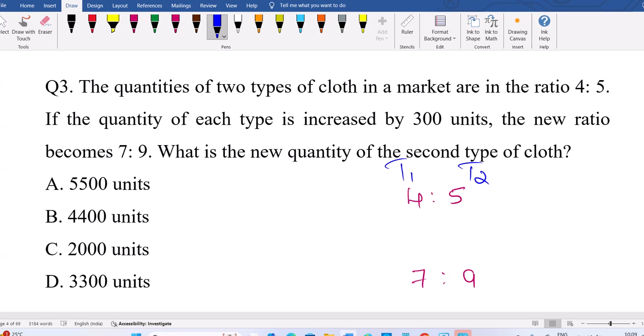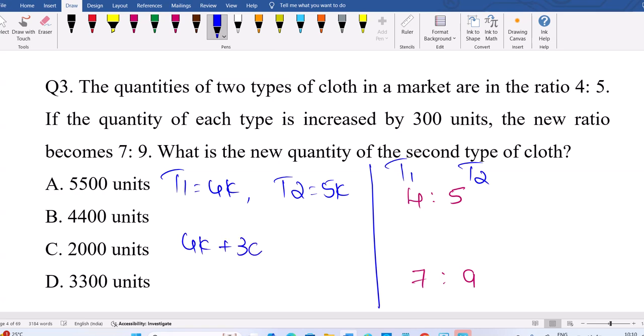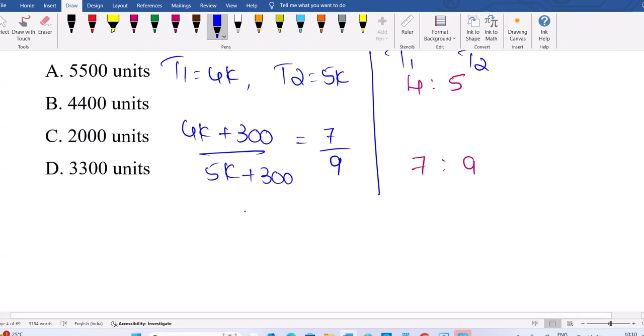See, the general approach: initially, both are 4K and 5K. First one 4K, second one 5K, two types. And they added 300 to each. So (4K + 300) divided by (5K + 300). The new ratio is now 7/9. Now if you cross multiply, 36K and 35K, K; 9 into 300, 7 into 300, 2 into 300, 600 is